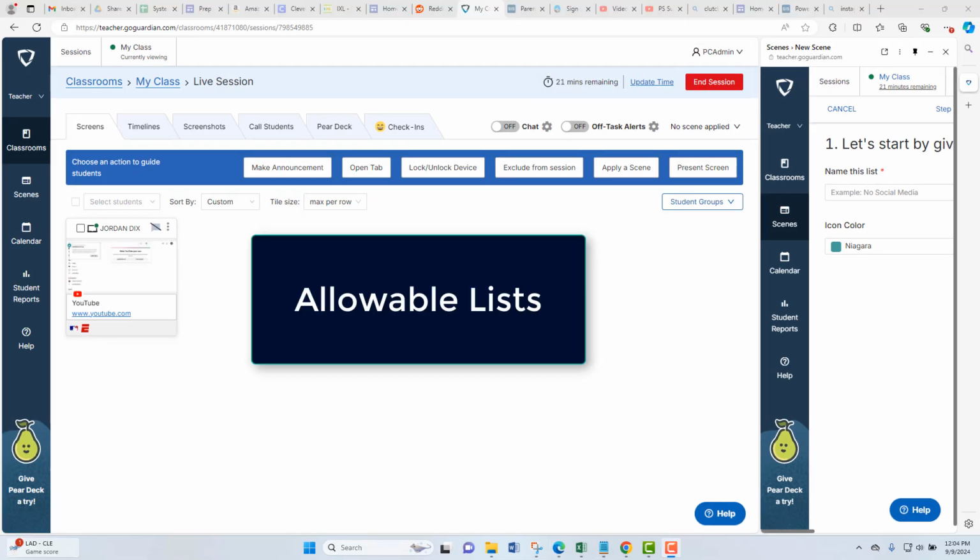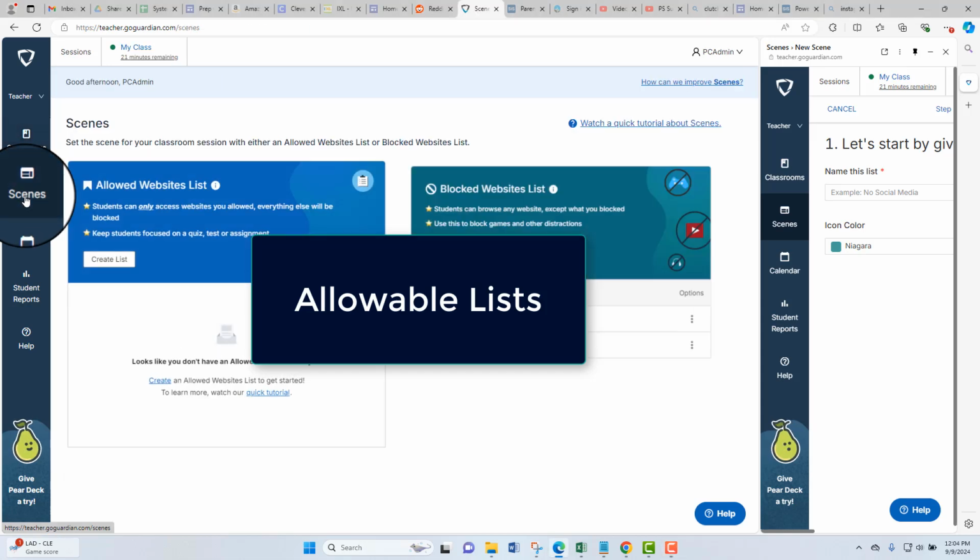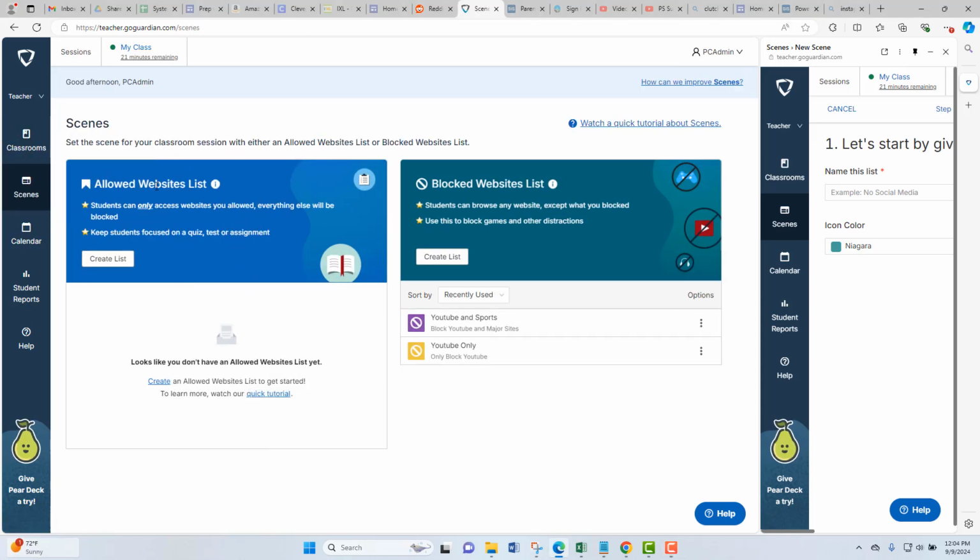Next we will create an allowable list. So if you click on scenes, you'll notice that you have an allowed websites list. Allowed websites is useful if you want to isolate students to only using certain websites. This could be very useful if you're doing something like an assessment in Schoology. Schoology does not have a lockdown browser, but you can use the allowed website list to actually create a lockdown browser. The way you would do this is you would click Create List,